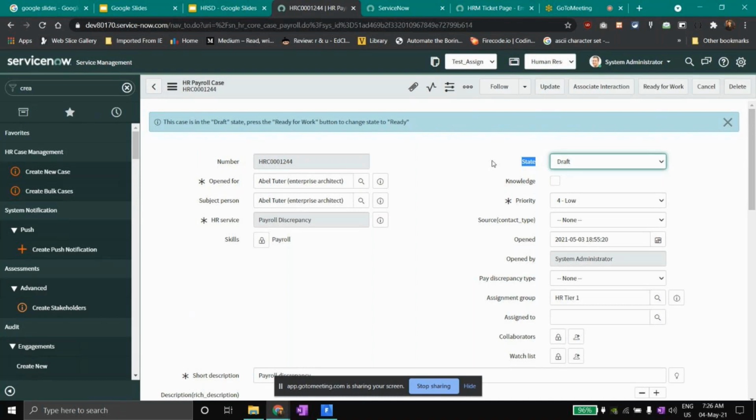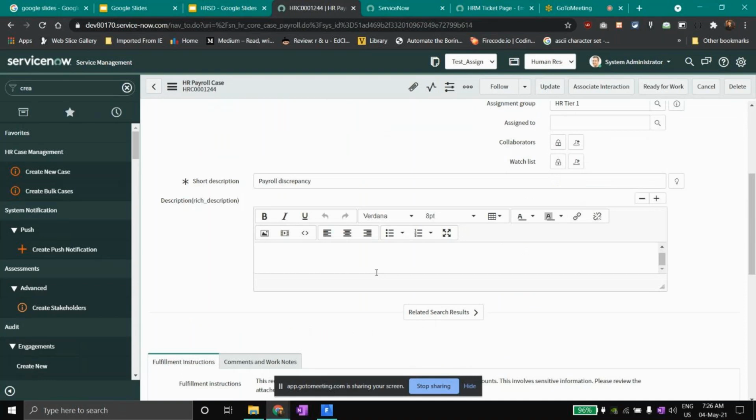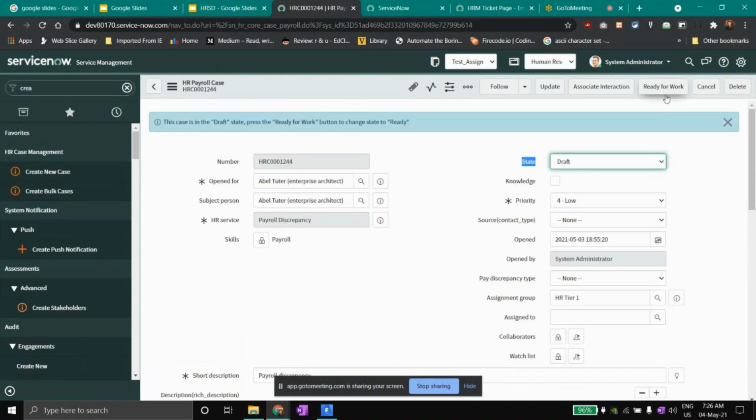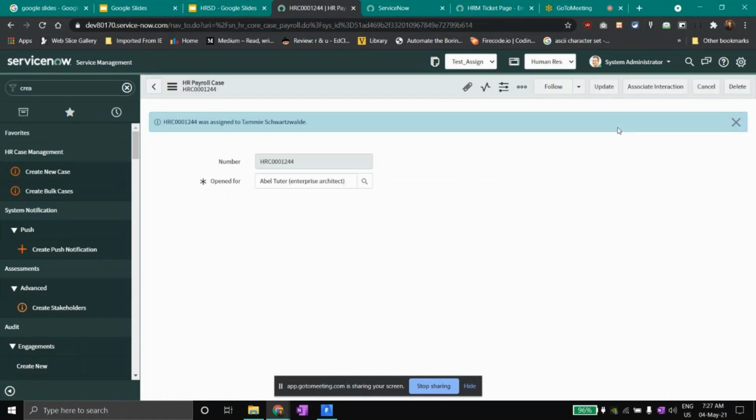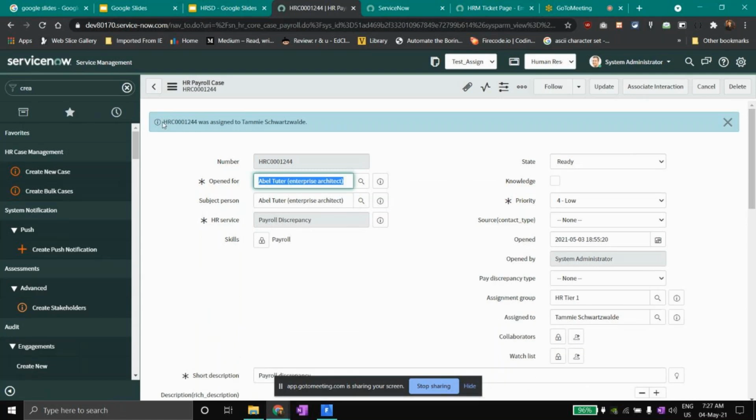If a person is creating a case from the employee service center, which is our portal, it means it needs to be in state ready. And this is because the HR agent who is working upon that case selected a few things and it is in draft. So if I select this button, ready for work, I want to change the state to ready for work. I hit it, the state is ready, and you can see that the HR case has now been assigned